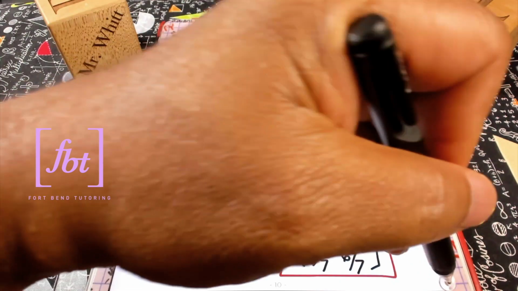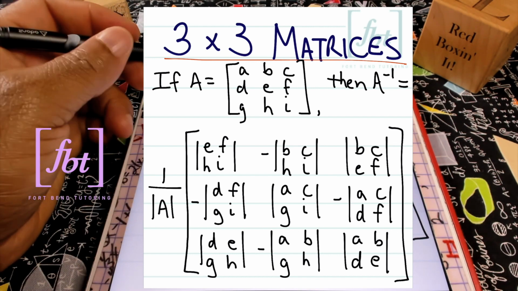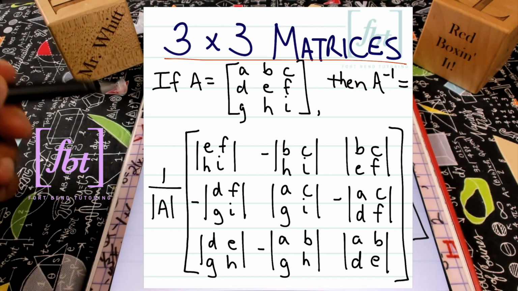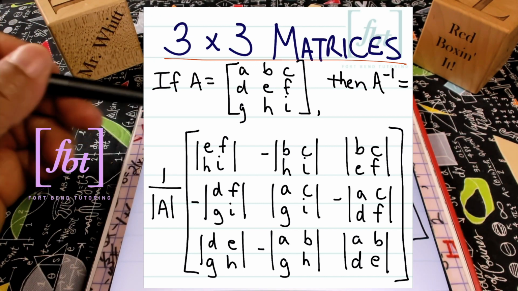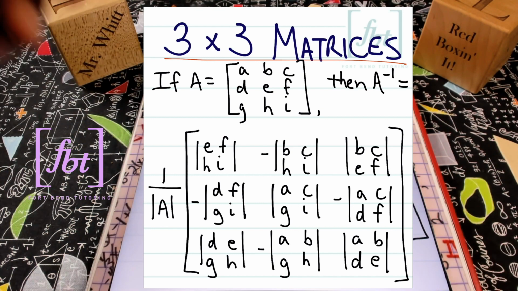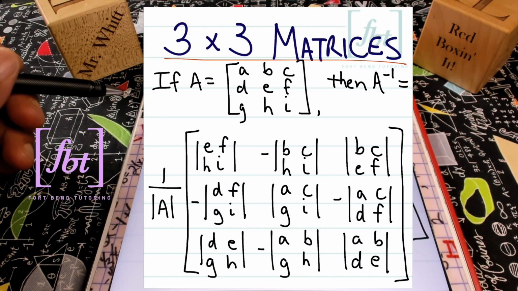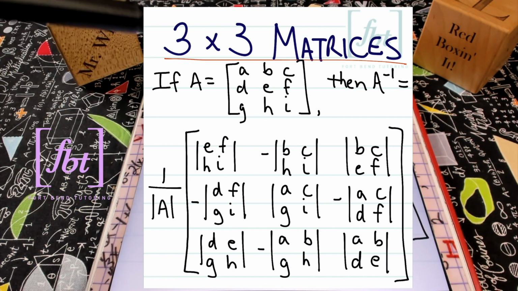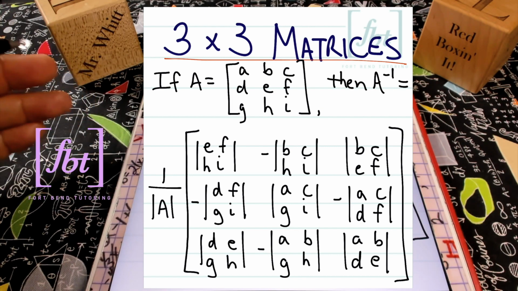Let's just move on. Here we have the formula set for a 3 by 3 matrix, and it's a doozy. Oh, yes, it is. First of all, if the matrix A has elements A, B, C, D, E, F, G, H, I, then the inverse of A is all of this. And just to inform you, within this, you have the determinants of 2 by 2 matrices sprinkled all within this 3 by 3 matrix. It is a doozy. Personally speaking, I would not have an issue using this formula for a homework assignment because I would be able to reference this formula